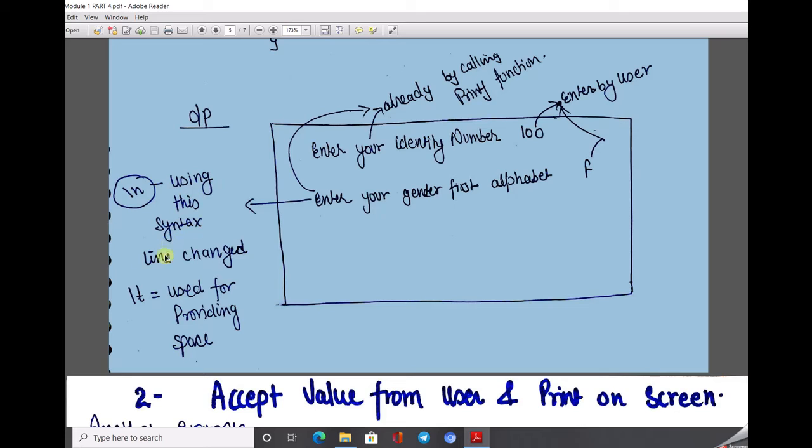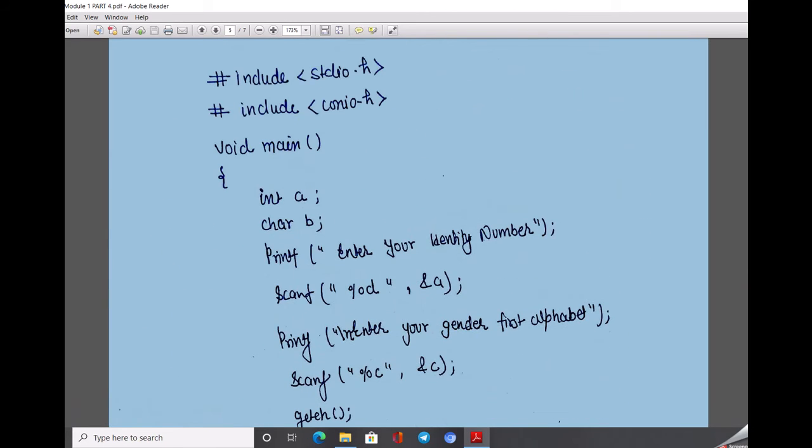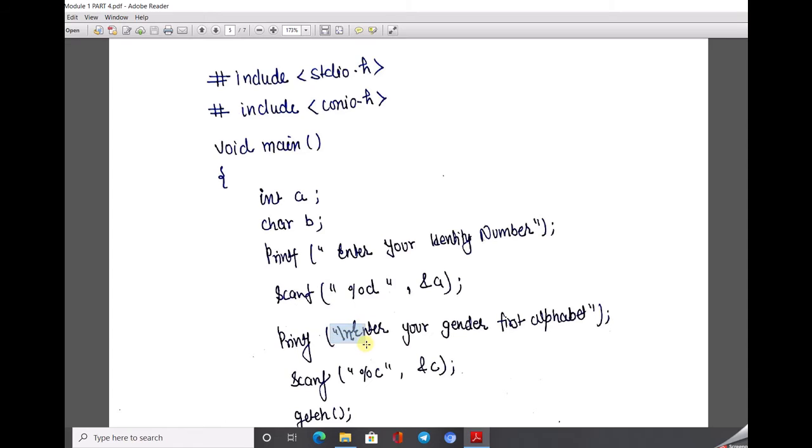So using this syntax, the line is changed. So how is this line changed? How is enter your identity number written in one single line, and enter your gender first alphabet written in the second line? How? This is the most important point, because I wrote here quotes \n. The \n gives the instruction to the cursor, after accepting this value, to change the line.